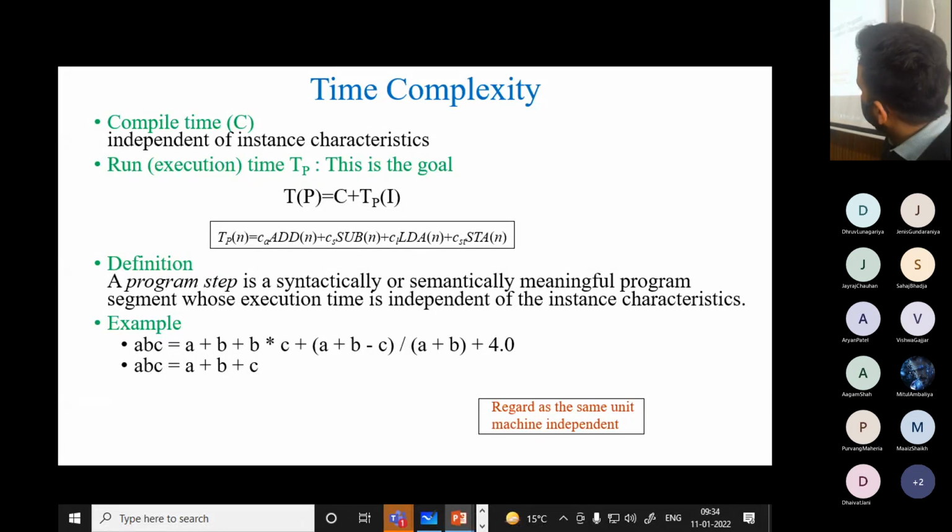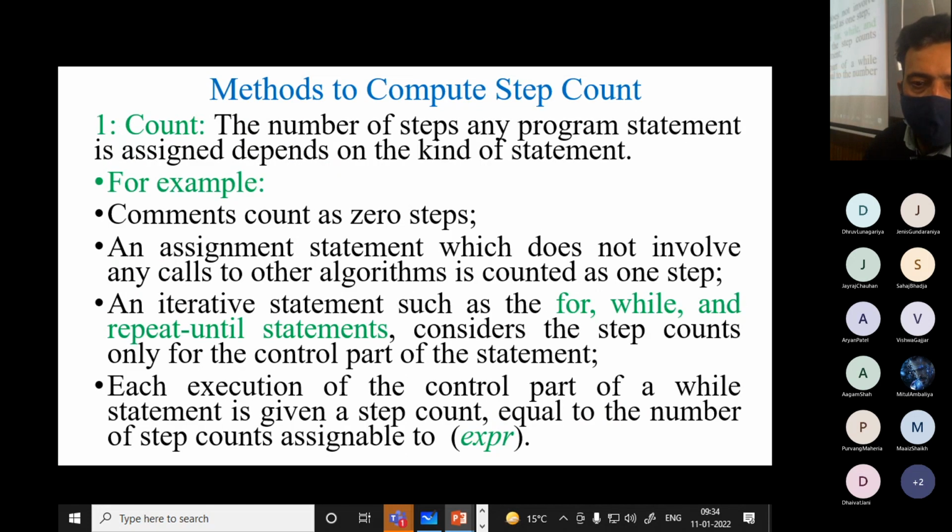A plus b into c, it is the same algorithm which is given in the previous slide, whose space complexity we found. Now at this time we will find its